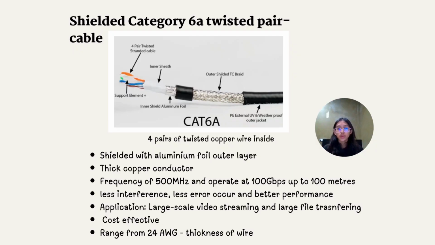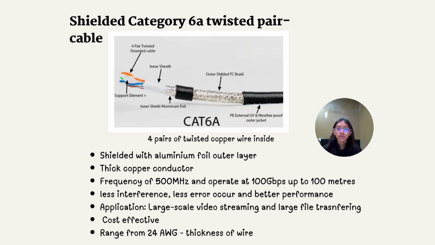So now I would like to talk about shielded category 6A twisted pair cable. It has 4 pairs of twisted copper wire inside, and it is shielded with an aluminum foil outer layer, and it has a thick copper conductor. Also, it has a frequency of 500 megahertz, and operates at 100 gigabit per second up to 100 meters,